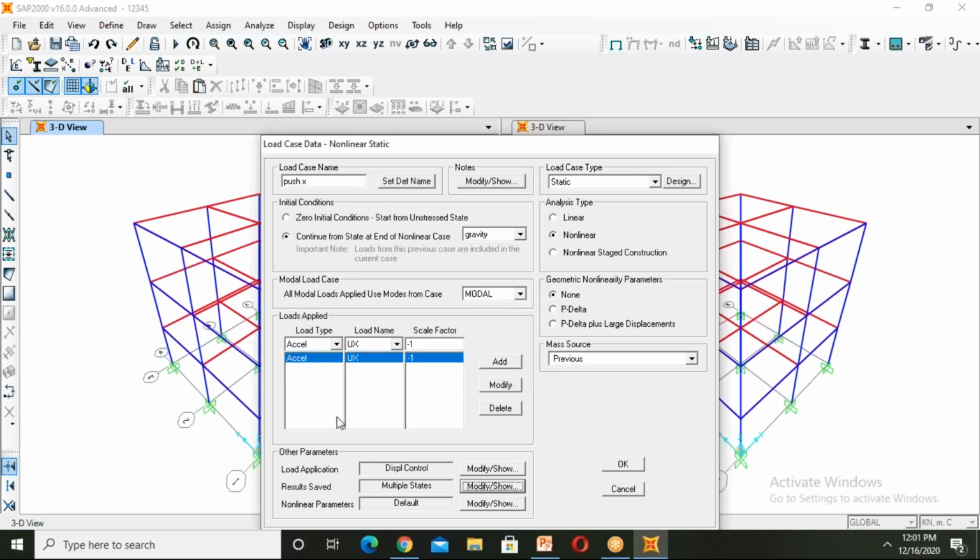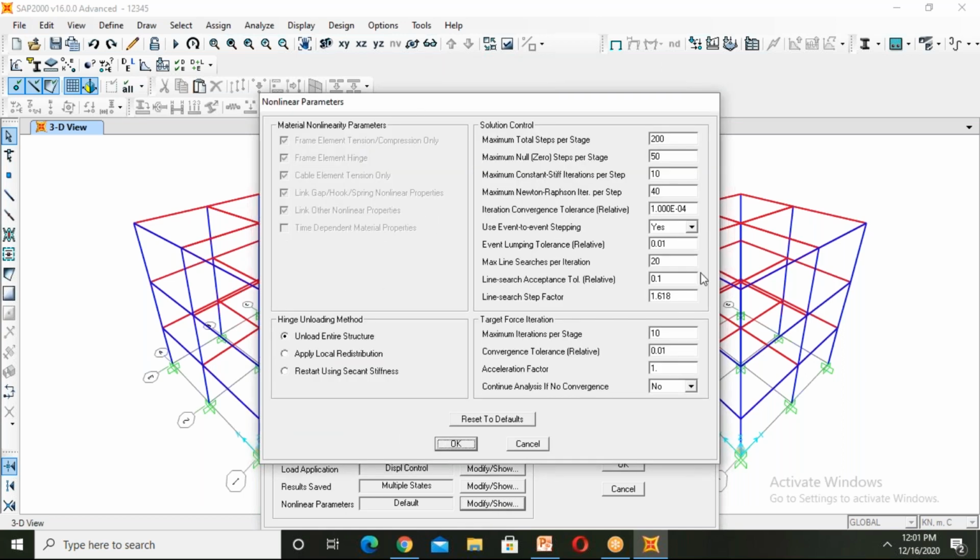Click on OK. And the non-linear parameters. Non-linear parameters means, if the pushover curve does not come out non-linear, if the curve is linear, then the building is in the elastic limit only. So, to make the pushover curve come out non-linear, we can change all of these: the maximum total steps or minimum steps, and here we can change the convergence tolerance.